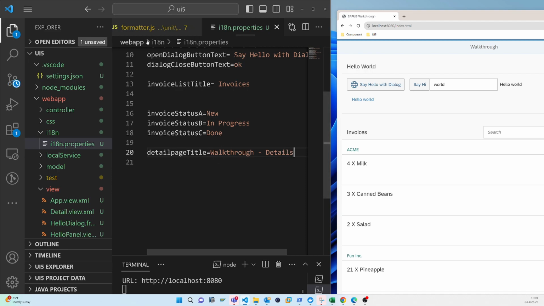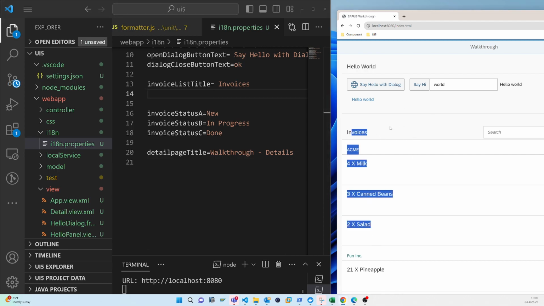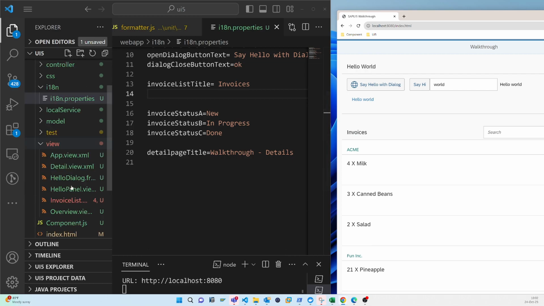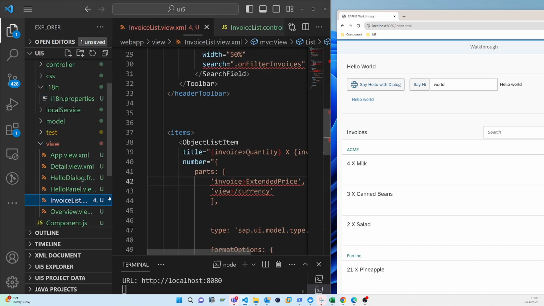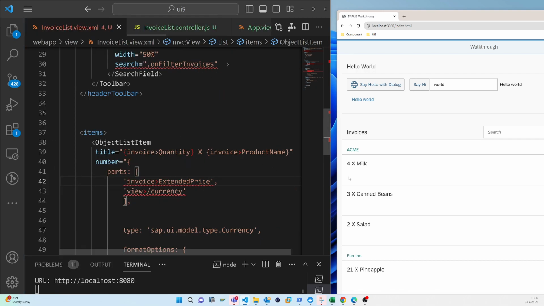So now it will come from here. You already know this from the previous video. Now this panel is the invoice list, so if we go to the invoice list, here we have to work, because once pressed it will